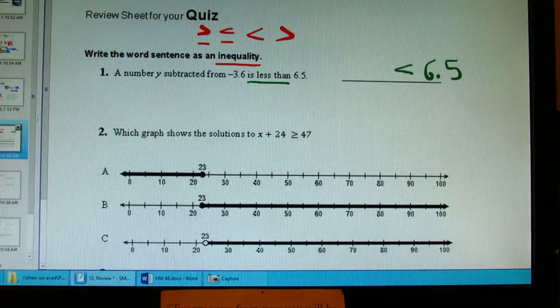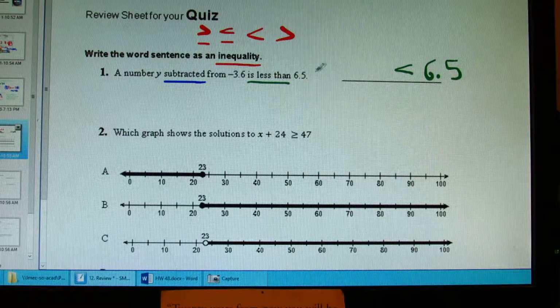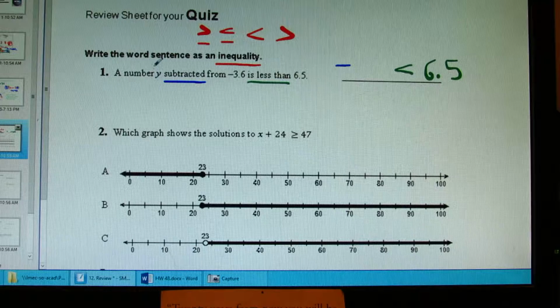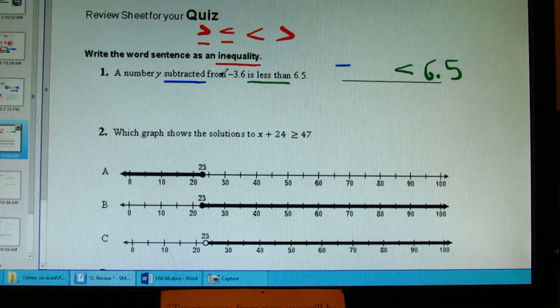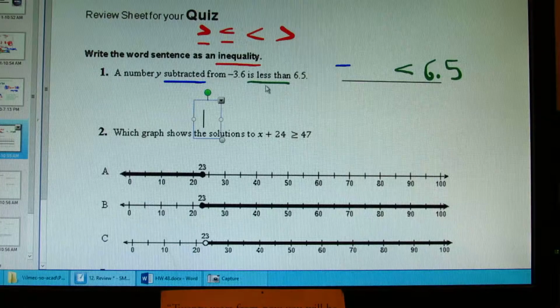It's called calligraphy. Alright, so now I have to figure out this part, which is what math am I doing? I know I'm doing subtraction. It says a number y subtracted from negative 3 and 6/10. Now we talked about the word from. So stop and think about it for a second before you think about ordering the letters and numbers in the